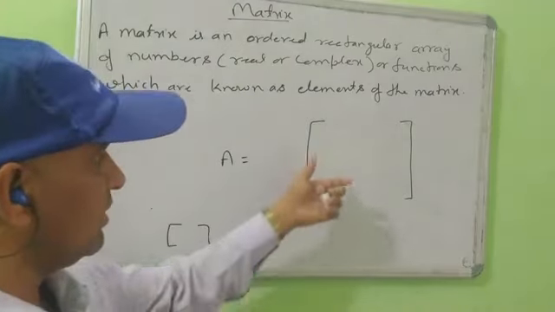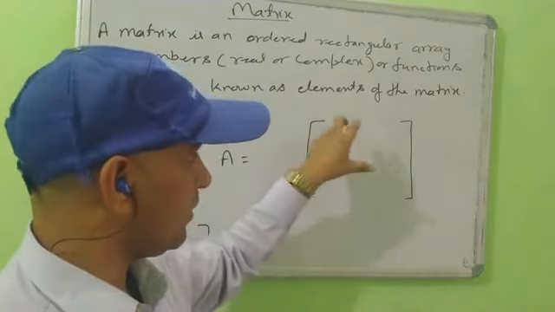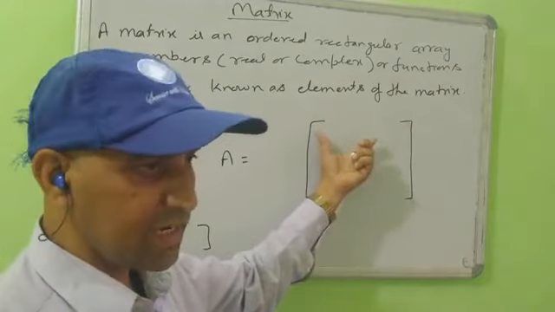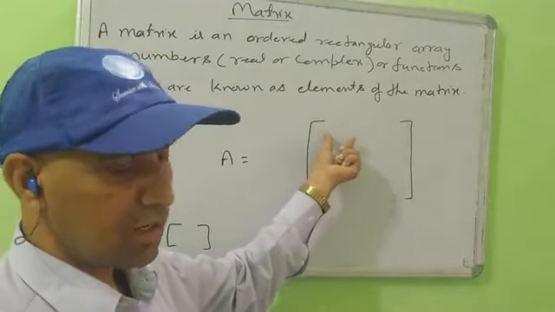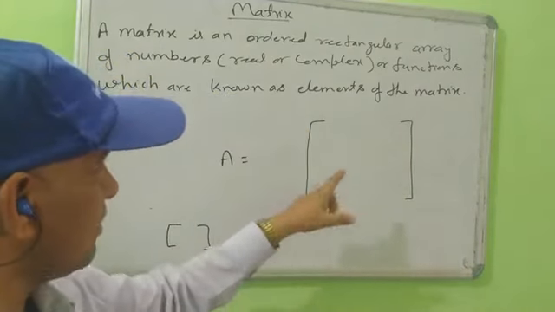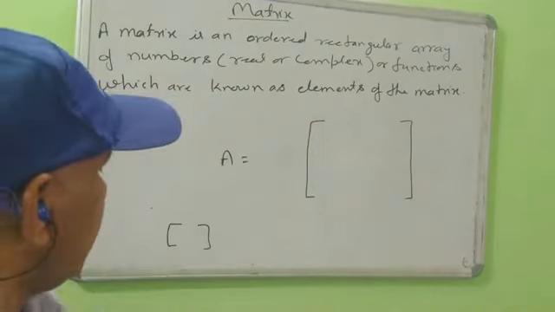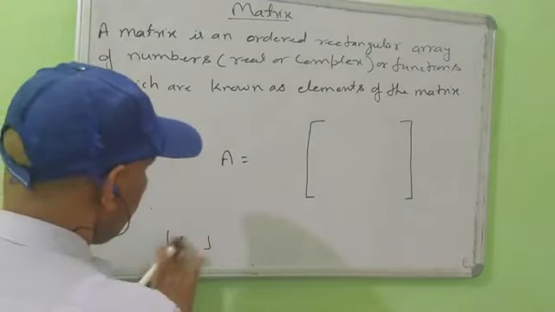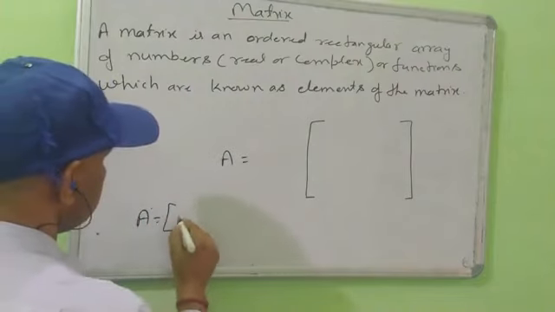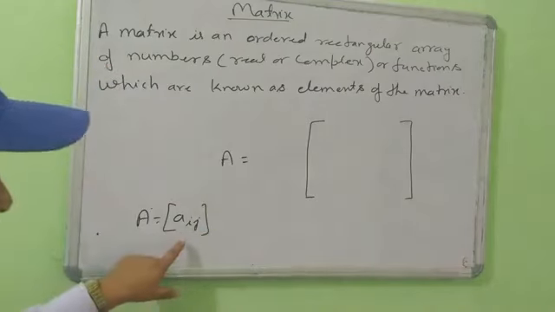We will discuss this with the types of matrices. Here you write how many rows and how many numbers. This is the symbol of the matrix. You can write any data here: functions, numbers, real numbers, complex numbers, any type. The matrix is denoted by the rectangular symbol. Now, how do we represent the short form of the matrix?